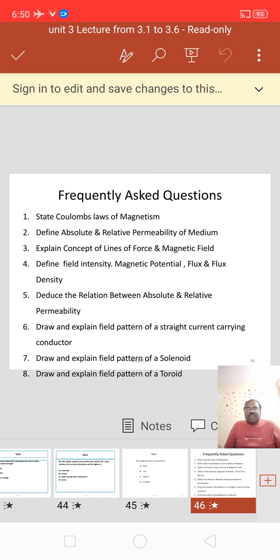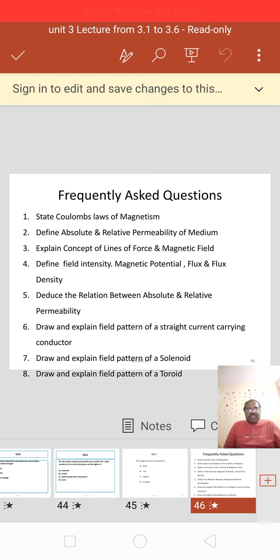Explain concepts of lines of force and magnetic field. Define field intensity, magnetic potential, flux and flux density. These are the important definitions. Deduce the relation between absolute and relative permeability. Most important one. Draw and explain the field pattern of the straight current carrying conductor is also important. Draw and explain the field pattern of solenoid. Next one, draw and explain the field pattern of toroid. These are the two questions